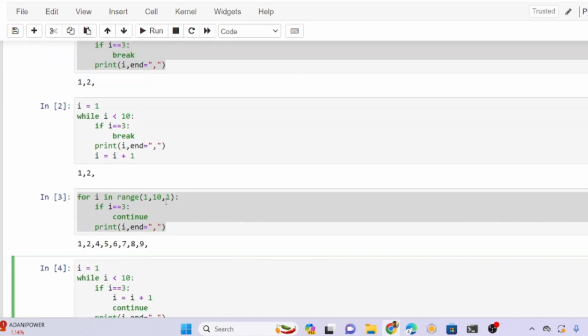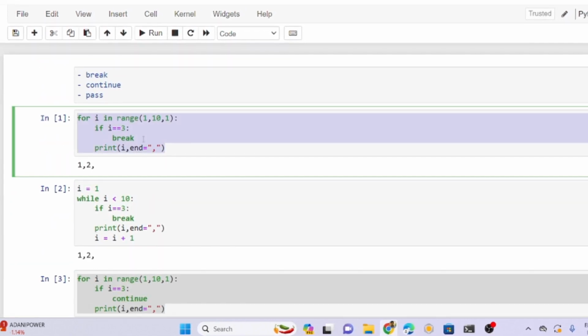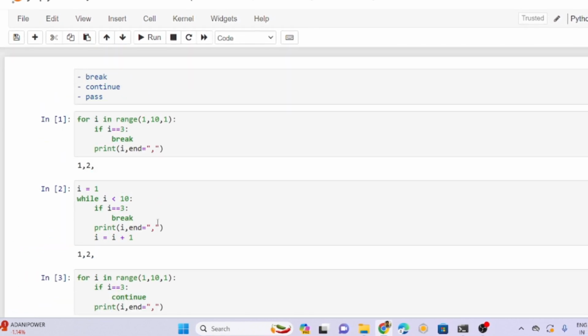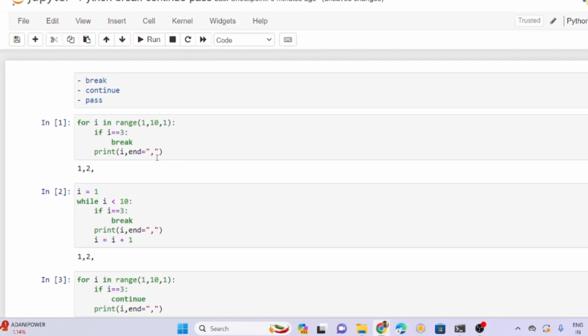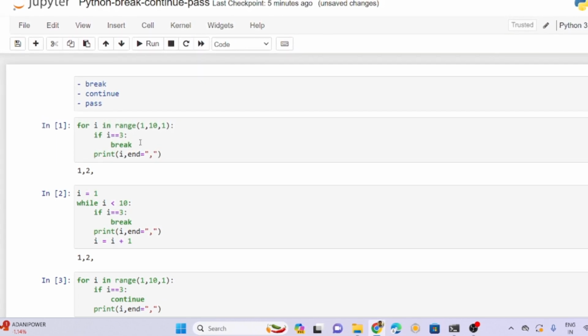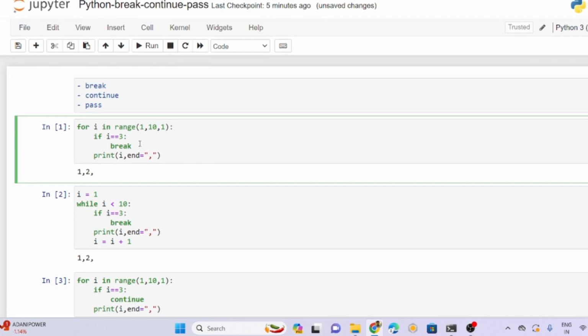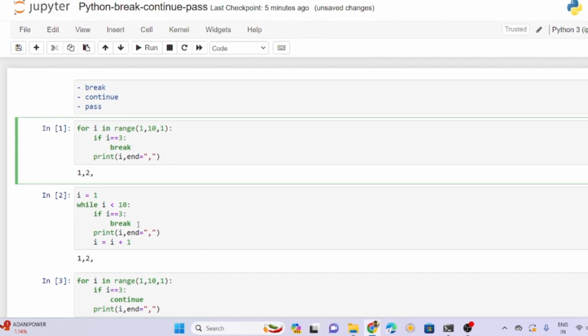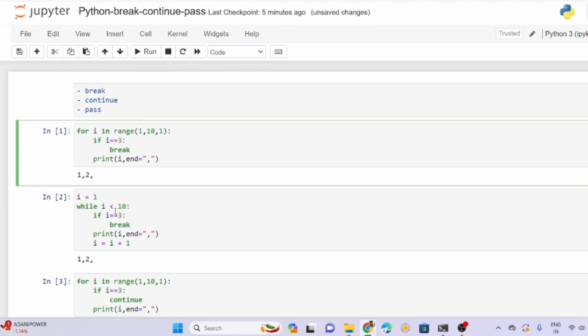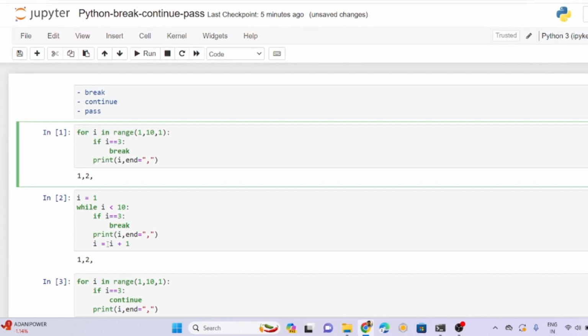Now what have we discussed? Break, and we have discussed continue. These two statements are called transfer statements. Break means it is coming out of the entire loop. It could be a for loop or a while loop. A for loop takes the data from a sequence, while in a while loop we are generating the data.